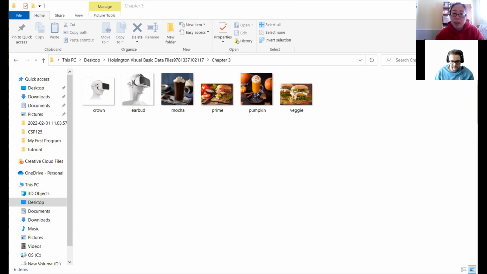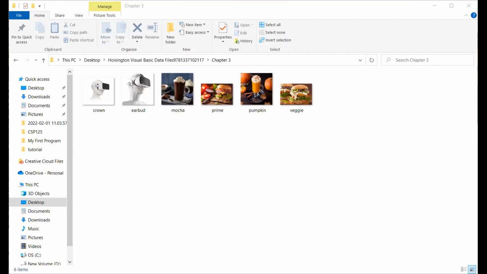Okay, so we already changed the back color. Now we can click the picture box on the left. As you can see, the name of this left one is called PicPumpkin. It's a picture of a pumpkin, but we don't have an image yet. So we have to insert an image. Under the PicPumpkin properties, we will see